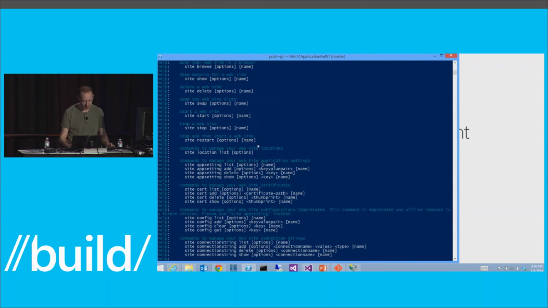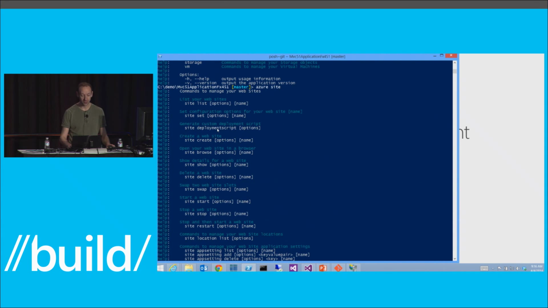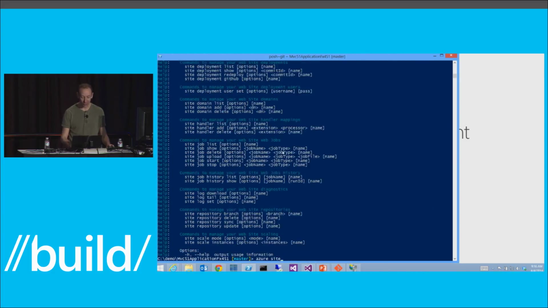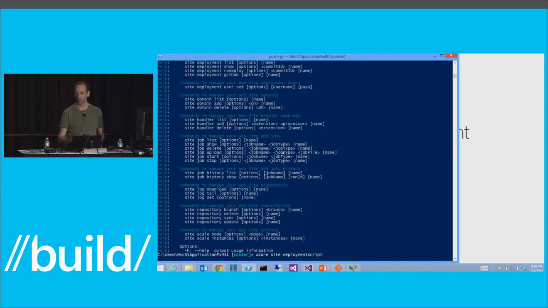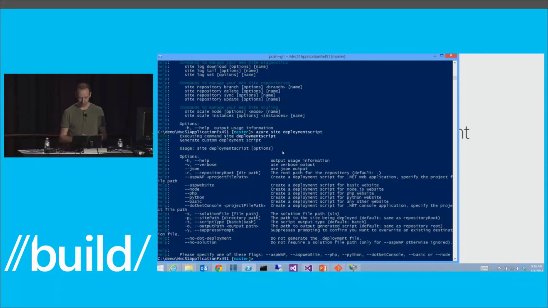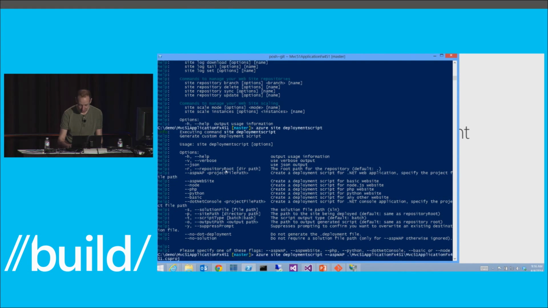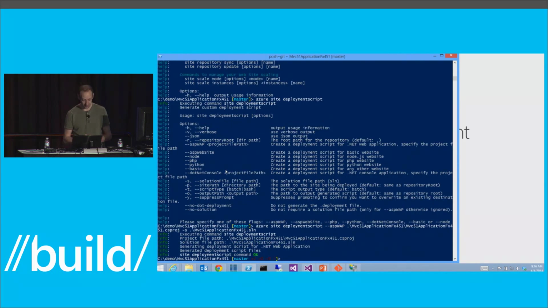And here specifically, I'm going to use a command called deployment script, which lets me generate a custom deployment script for my site. So here I'm again getting help to see what I need to do. So what I need to tell it is that my project type is an ASP.NET project, and I'm going to point it to my csproj file, and also give it the path to my SLN file, my solution. And just doing that, it's going to generate a couple files,